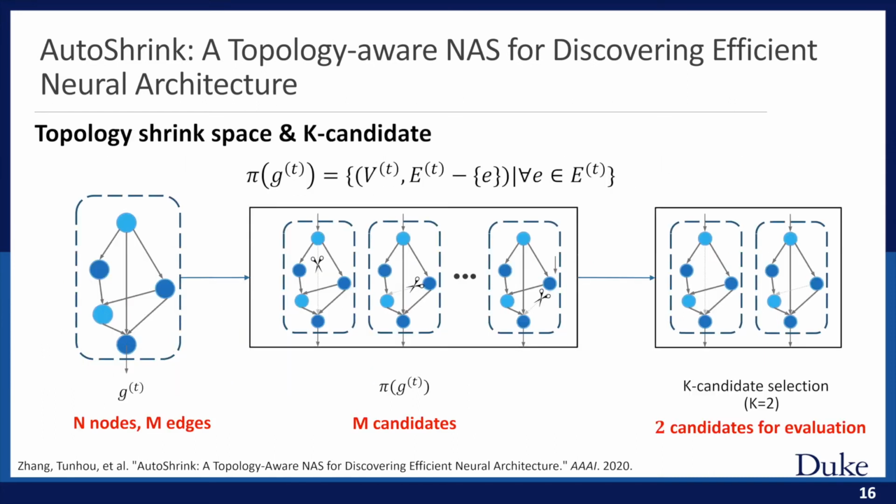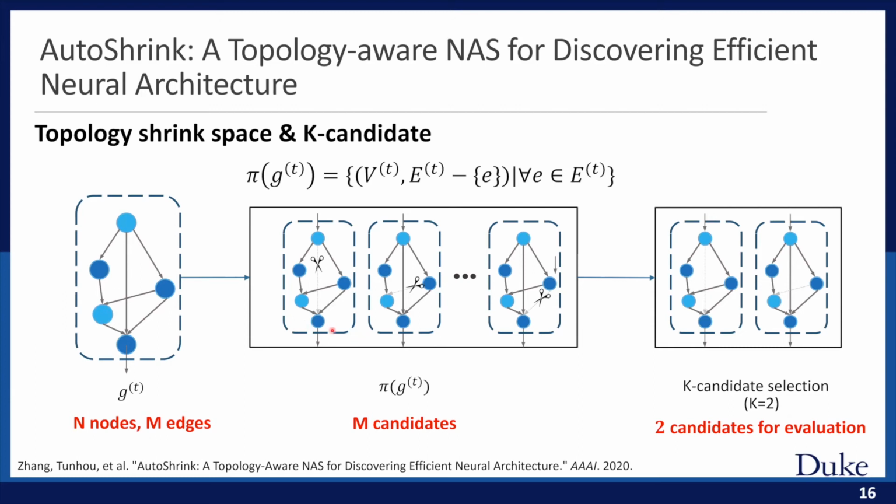I'd like to elaborate a little bit further on the topology shrink space over here. For a given cell structure, a topology shrink space is crafted by applying what we call graph damage to each edge, and then we collect the derived structures. So if we have M edges in the cell topology, the topology shrink space will give us M different cell topologies, right? And then consequently, the K candidate selection will randomly select K candidates from this shrink space